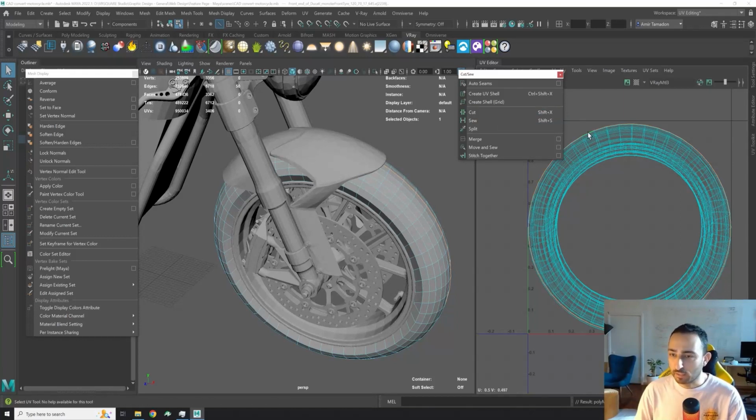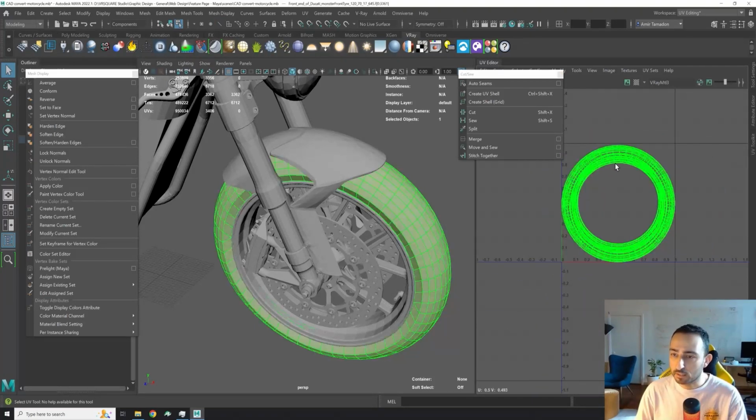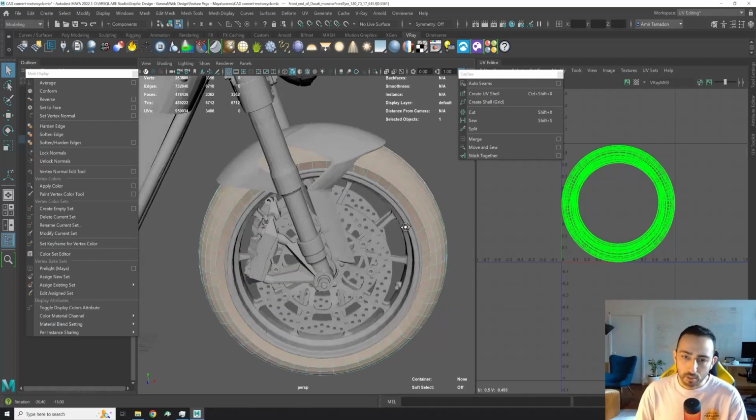And did you notice as soon as I click on cut, it highlighted the UV. It means now I have two different shells. They are just cut from this side. If I want to have another cut inside so I can unfold it, I have to do the same thing